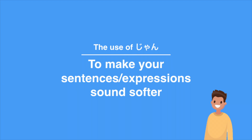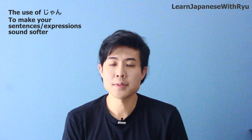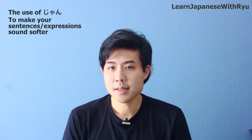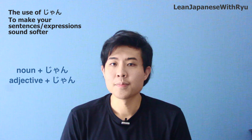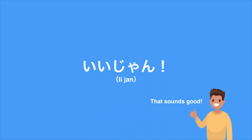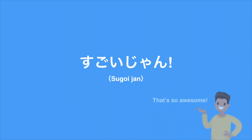To make your sentences or expressions sound softer. You guys may already know, but we have a lot of expressions to make our sentences sound softer, and じゃん is of course one of those. In many cases, we add じゃん right after a noun or adjective. For example, かわいいじゃん。いいじゃん。よかったじゃん。すごいじゃん。